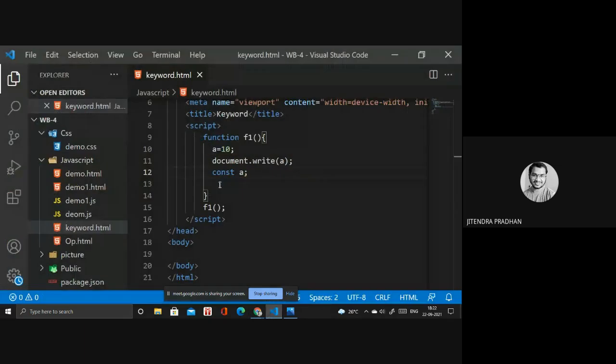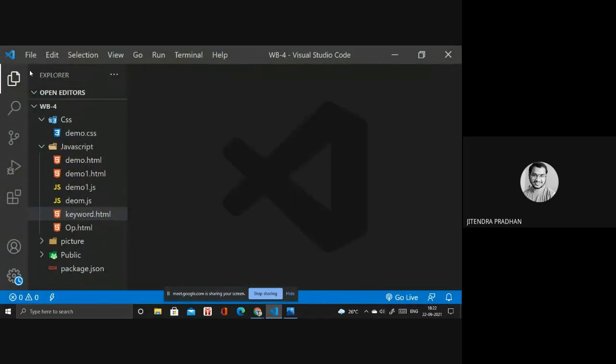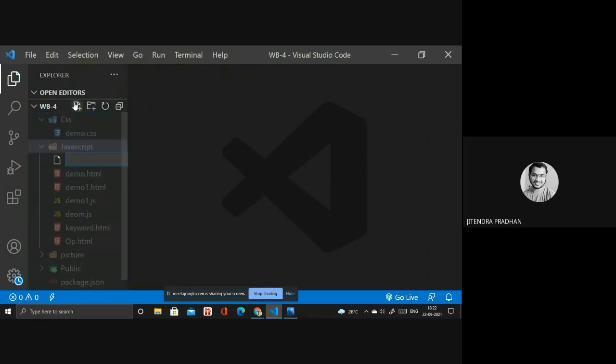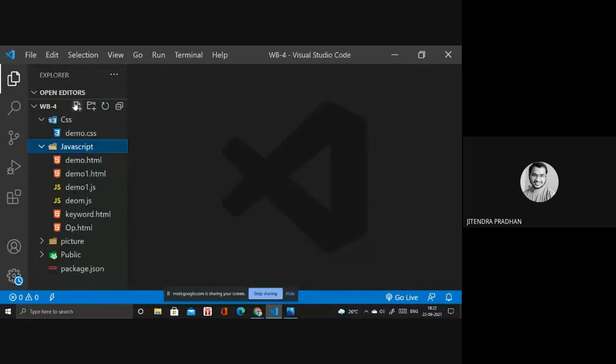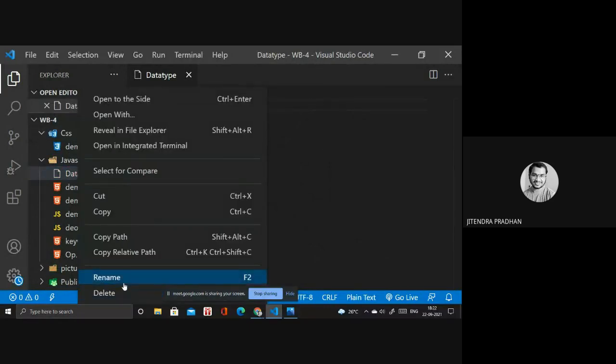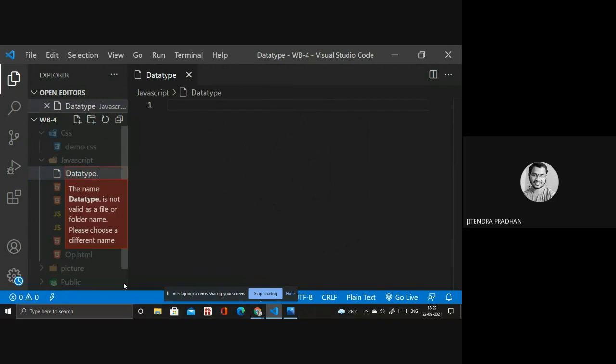I'll go to Visual Studio. I will create a data type file inside the folder. It's data type.html, we are creating the HTML file.